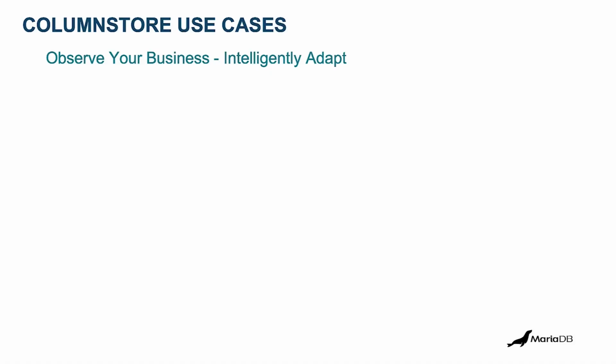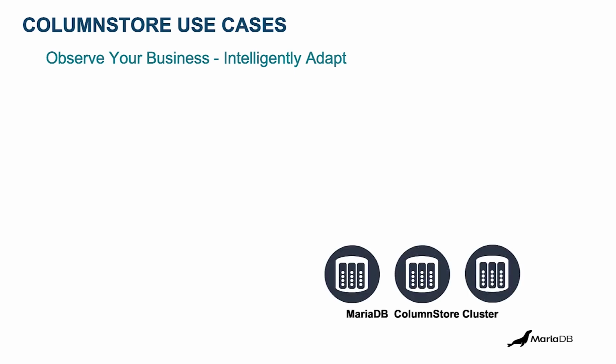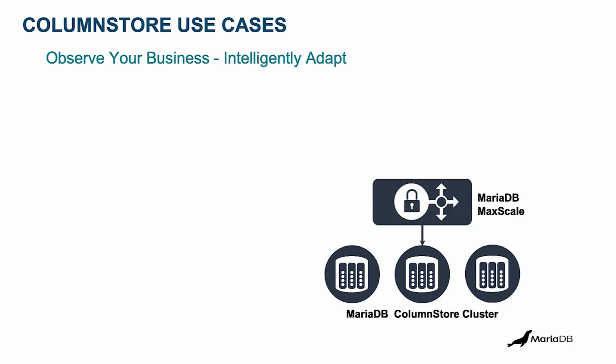Let's dig into a Columnstore use case so you kind of understand how it works in some of our customers' ecosystems. Like we discussed before, it's about observing your business, and this customer intelligently adapts as it's integrating all of that data. This customer is an online, large retail apparel company, and they're using Columnstore to be dynamically data-driven with their marketing. So they start with a MariaDB Columnstore cluster, with, of course, MariaDB MaxScale, our load balancer, proxy server orchestrator in front. They have some ERP systems, CRM systems, and whatnot, but that is tangential to what Columnstore